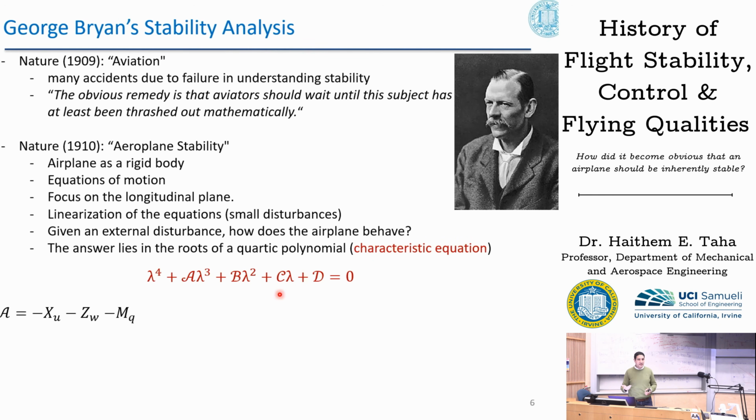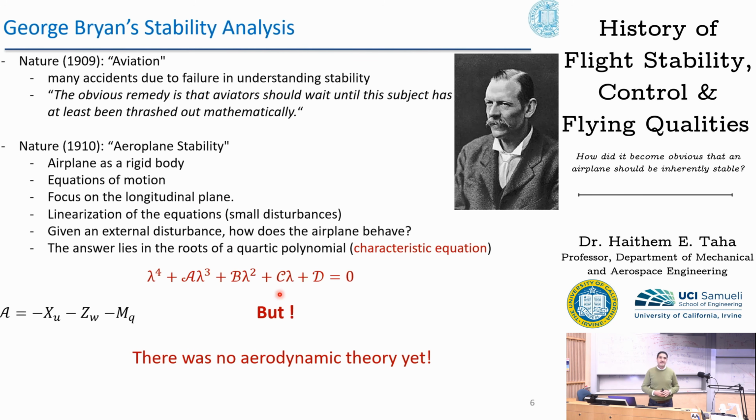For example, for M_q, we apply a pitch disturbance q and see the change in the angle of attack on the horizontal tail. And because we have an aerodynamic theory, we know that the change in the lift coefficient is simply equal to C_L alpha, the slope, times the change in the angle of attack, right? But interestingly, there was no aerodynamic theory at the time. So ironically speaking, the flight stability theory was developed before the aerodynamic theory, which doesn't seem to be the right chronological order, but this is really typical in the history of science. Scientific discovery is almost never a linear, straightforward path. It's usually highly nonlinear, tortuous.